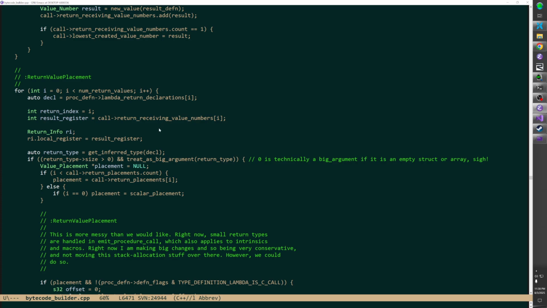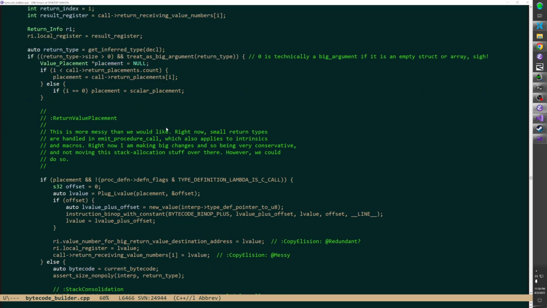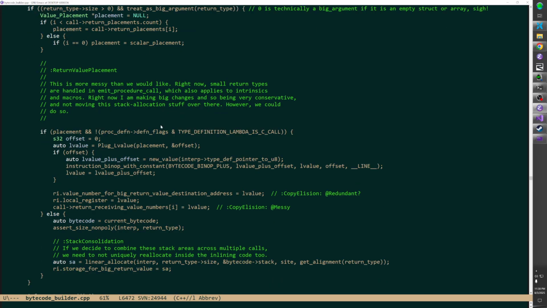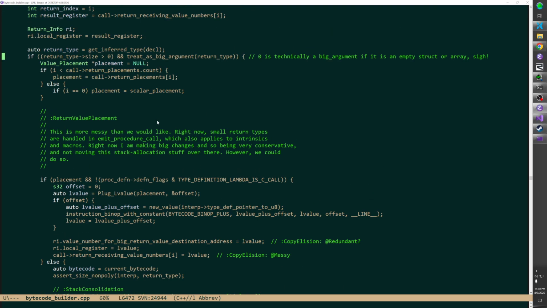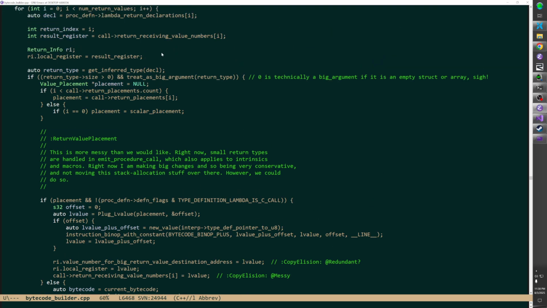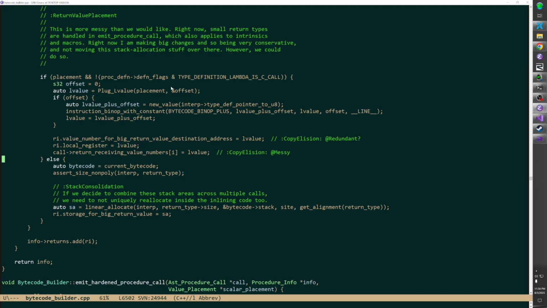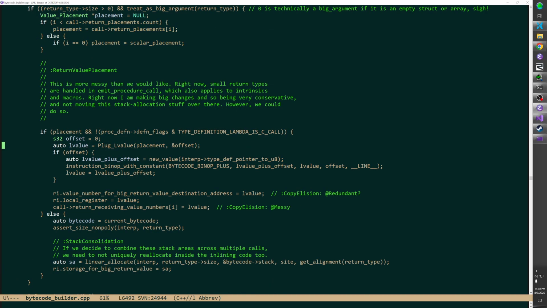Instead of writing these out and then reading them, we just get rid of that array and we compute this result register right at the top here. Well, except, yeah, we're just setting this and then overwriting it, right? And so instead, what we should do,